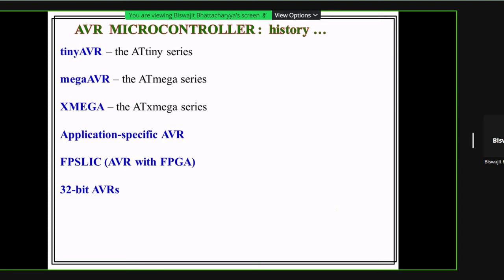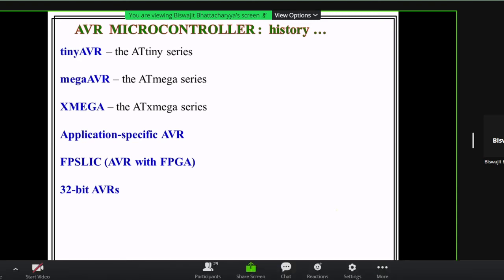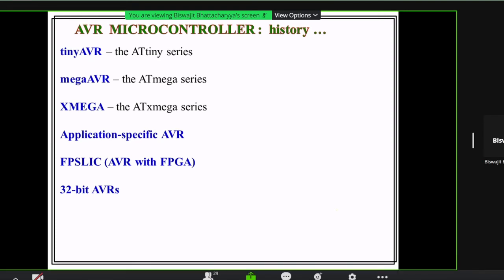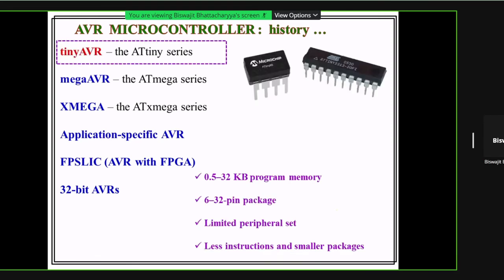So it is the AVR with FPGA. It's a very interesting thing, and you will learn it in part 1 of this subject. And 32-bit AVRs are also there in the market. Gradually, they are being popularized.